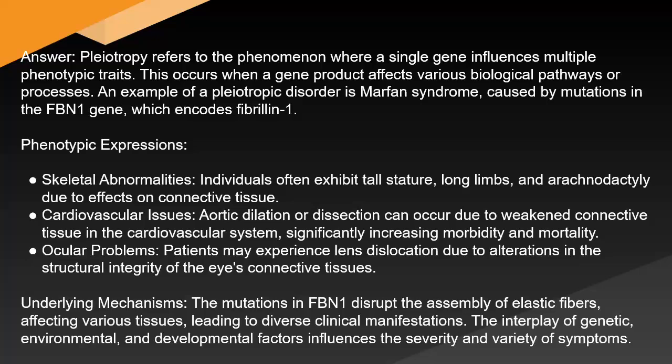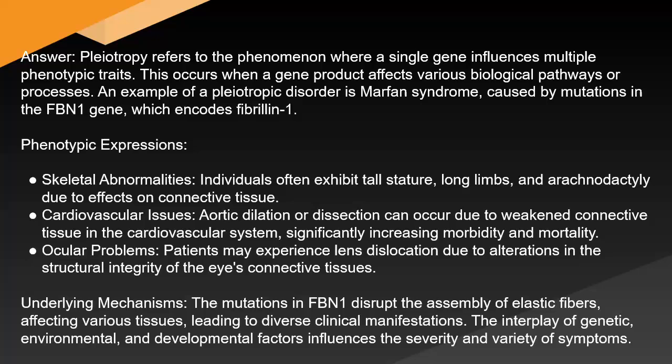An example of a pleiotropic disorder is Marfan syndrome, caused by mutations in the FBN1 gene, which encodes fibrillin-1. Phenotypic expressions: skeletal abnormalities. Individuals often exhibit tall stature, long limbs, and arachnodactyly due to effects on connective tissue. Cardiovascular issues: aortic dilation or dissection can occur due to weakened connective tissue in the cardiovascular system, significantly increasing morbidity